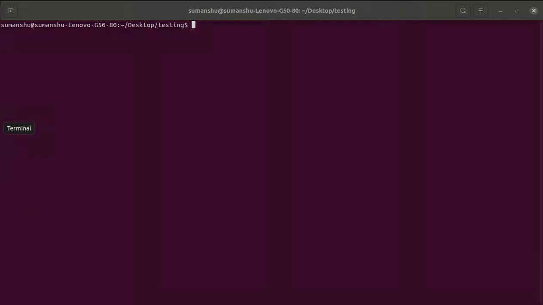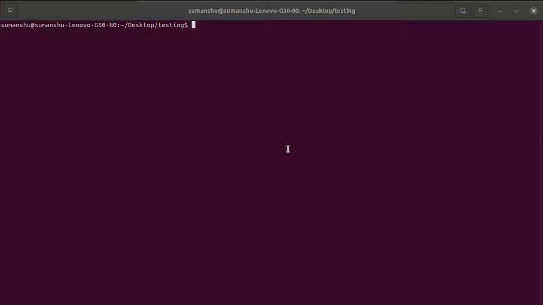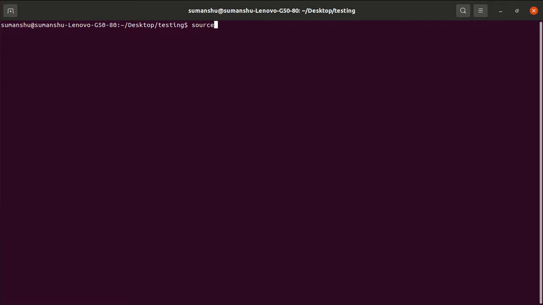So let's see how our application looks like till now. Let me activate the environment. Okay, so let me start the application using the Uvicorn server. main is the source file, and app is the instance name.